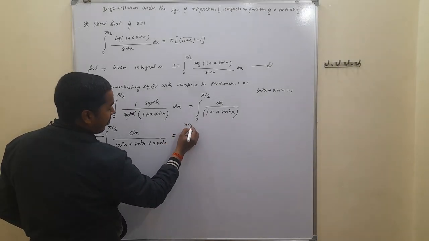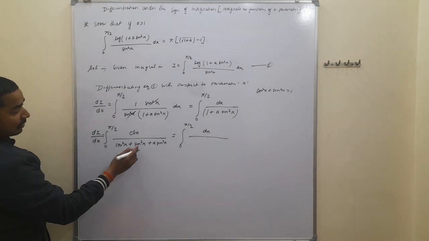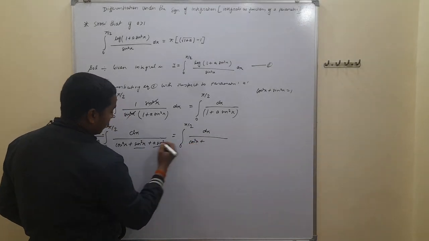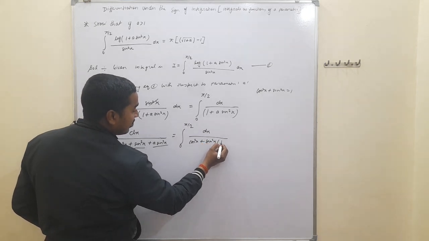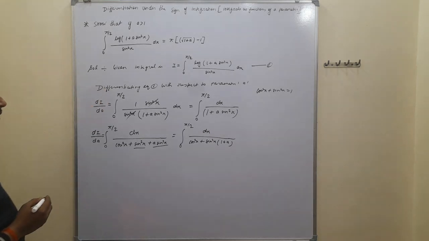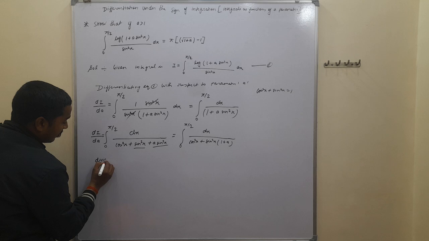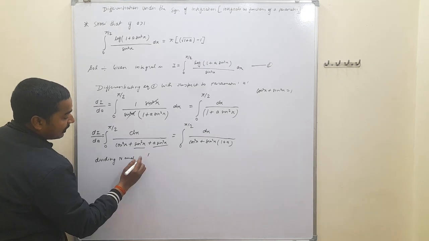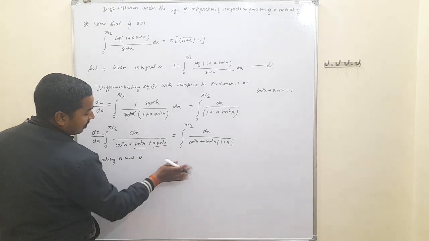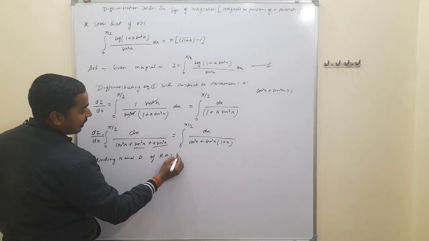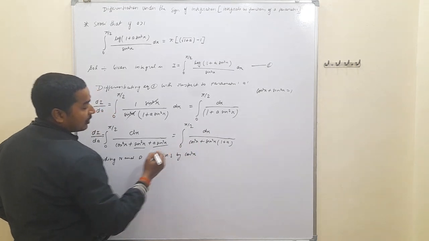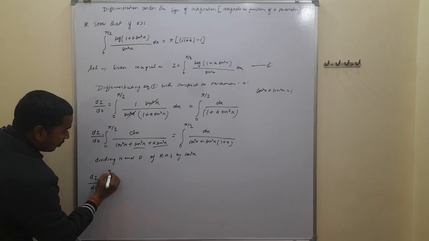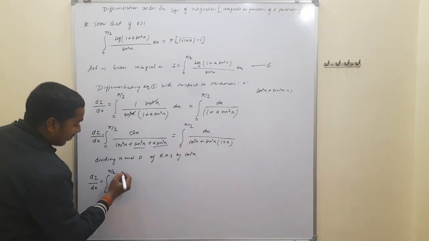Integral from 0 to pi by 2, dx upon, from here we take sine square x common: first cos square x, plus sine square x times (1 plus a). Further, dividing numerator and denominator once again, the denominator of the right hand side by cos square x, then dI upon da is equal to the integral from 0 to pi by 2, and on dividing dx upon cos square x, this is given by sec square x